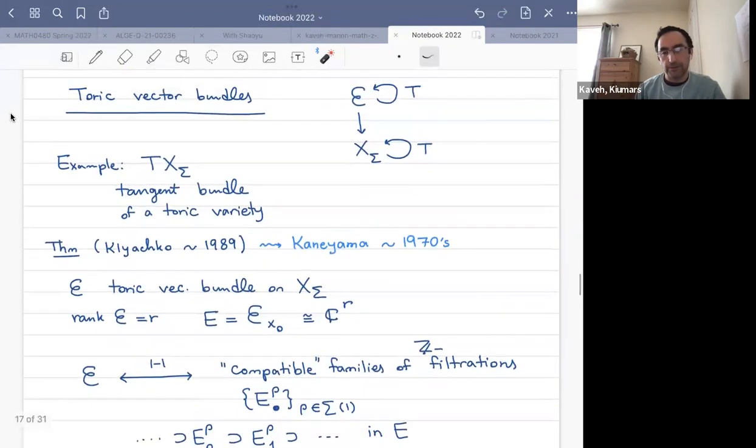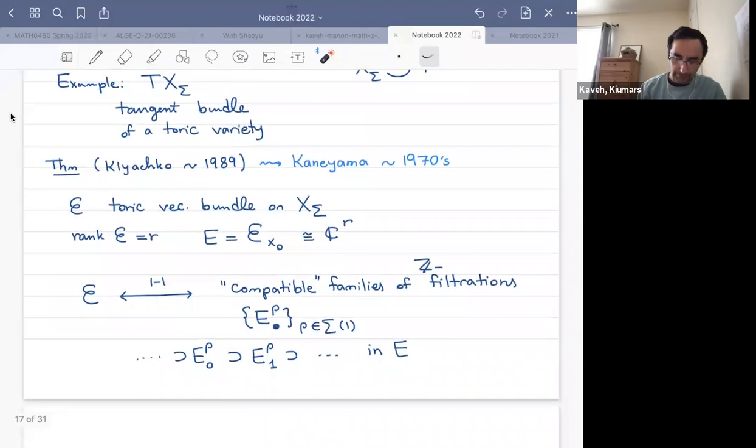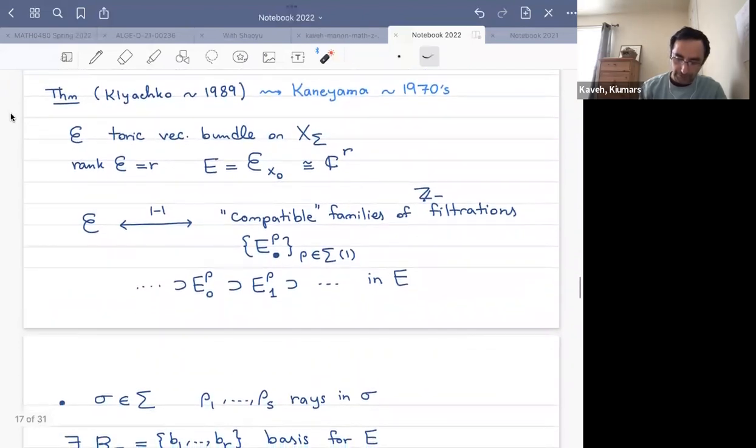In terms of combinatorics, in my opinion, there is a lot of interesting work done, but some important questions remain, and the combinatorics is not completely understood. Anyhow, we fix a toric vector bundle of rank R. This is the distinguished point in the open orbit we fixed forever. The fiber over this point is an R-dimensional vector space I refer to as E. So whenever we see this E in this talk, it denotes an R-dimensional vector space. That's it.